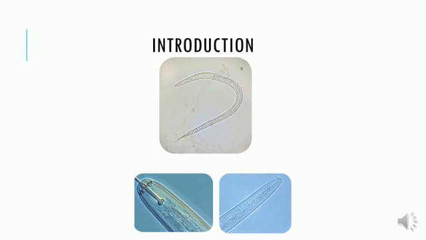Plant parasitic nematodes have a hypodermal needle-like structure called a stylet, which is used to suck the plant sap. It's a typical structure found in plant parasitic nematodes. In the second picture, you can see the stylet. The third picture is a free-living nematode, which won't feed on plants. Hence, the stylet is absent in them. Instead, they have a tooth-like structure. First, let us see about human parasitic nematodes.